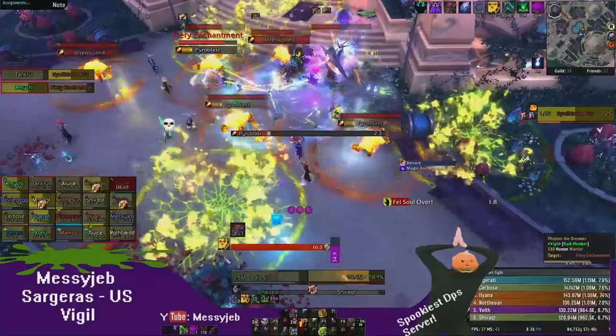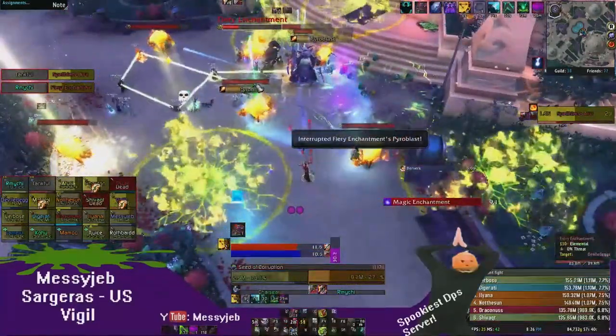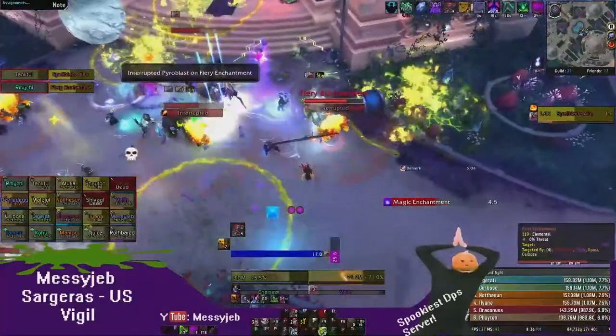So this one was pretty easy. We end up having a pretty free time here. I end up just once again spamming my Seed of Corruption, making sure my Infernal's kind of in between 2 of them so I can get a good stun off. I end up stunning